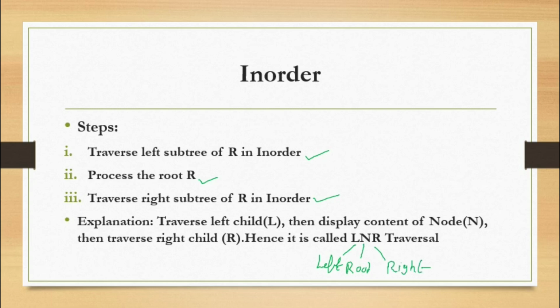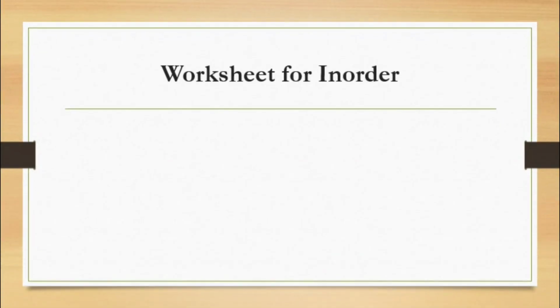Instead of writing visit, which we wrote in the last step when I was explaining pre-order, we can write N also. So let us write that for the example. We'll take the same example, the same tree, for in-order. It will be better to understand by taking the same example.